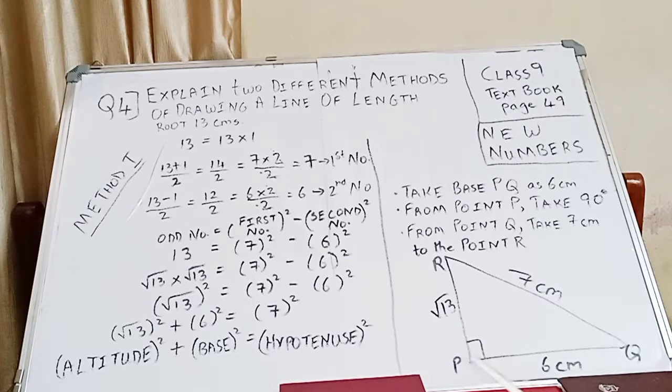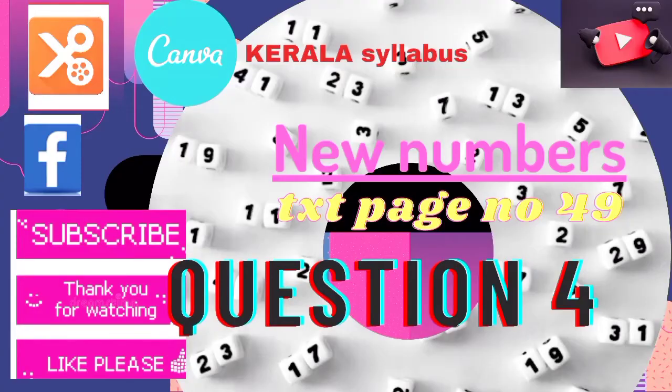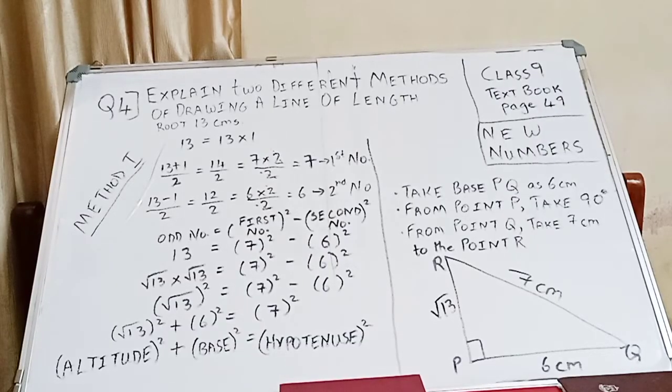Now keeping the point at P, we have to use a compass and mark a 90 degree straight line. Take the 90 degree straight line and mark accordingly. When you take the 90 degree, you have to take P. From the point P, you have to take a protractor and draw a 90 degree line.